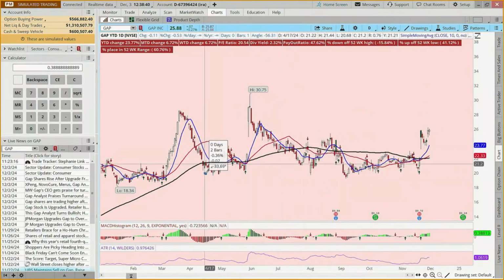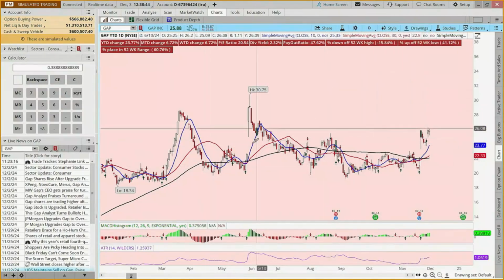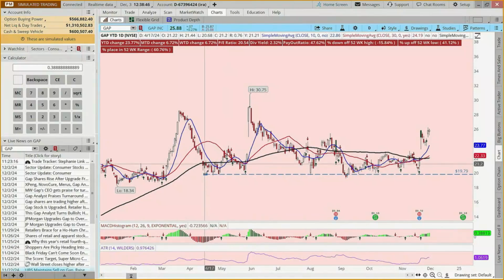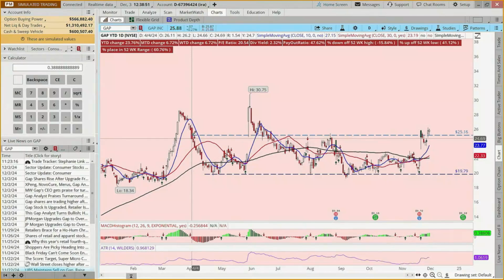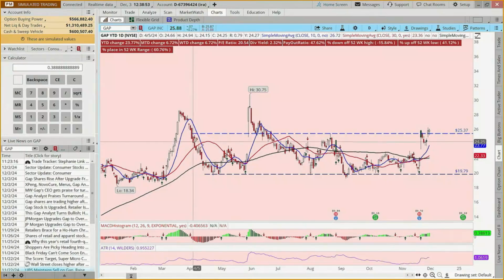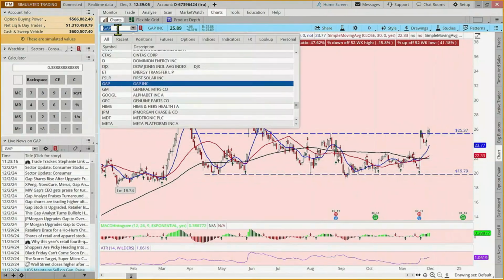What I see, and there are no right or wrong answers definitively, but you might say, this is what I see. I see that we had this double bottom pattern and it's now breaking out. And you'd measure it this way. So maybe not the tidiest example on the planet, but there we go.